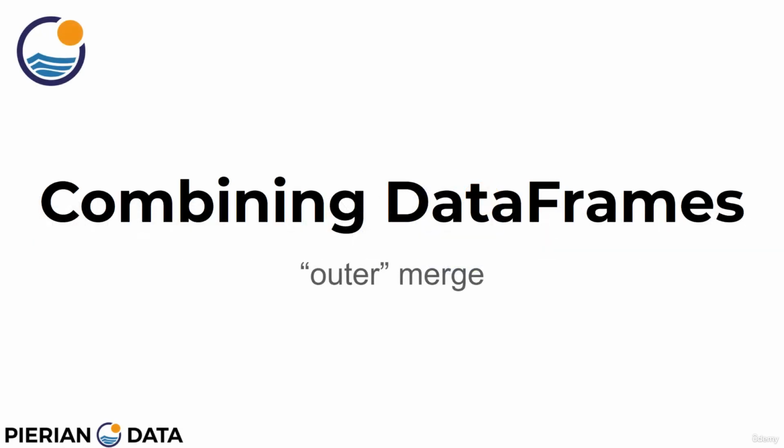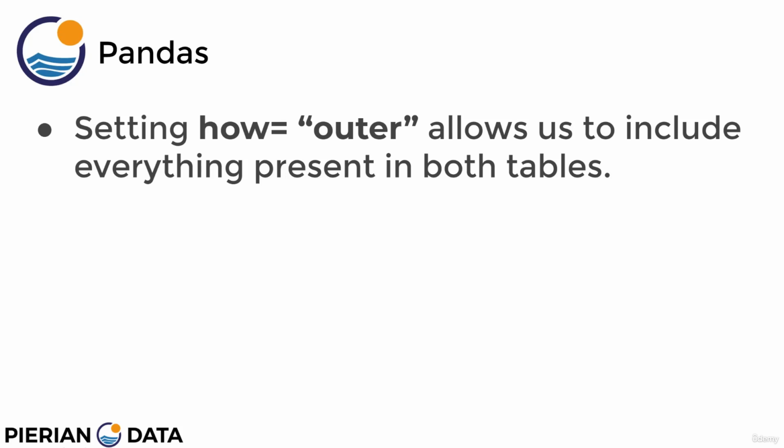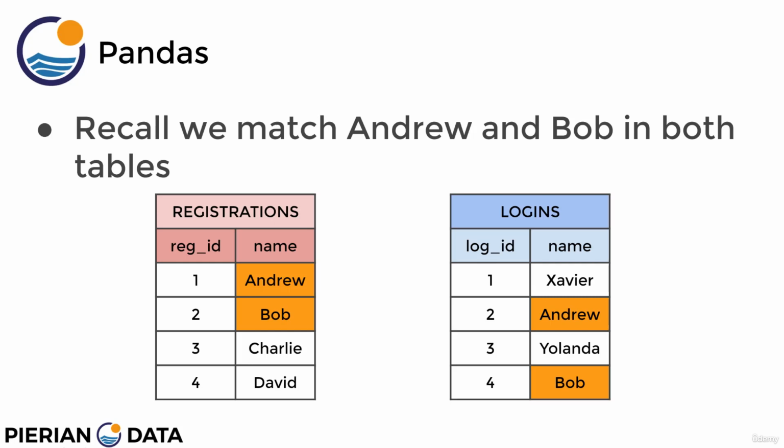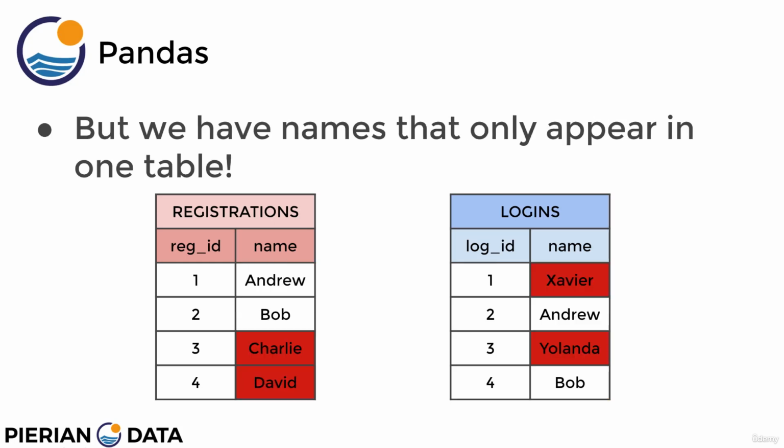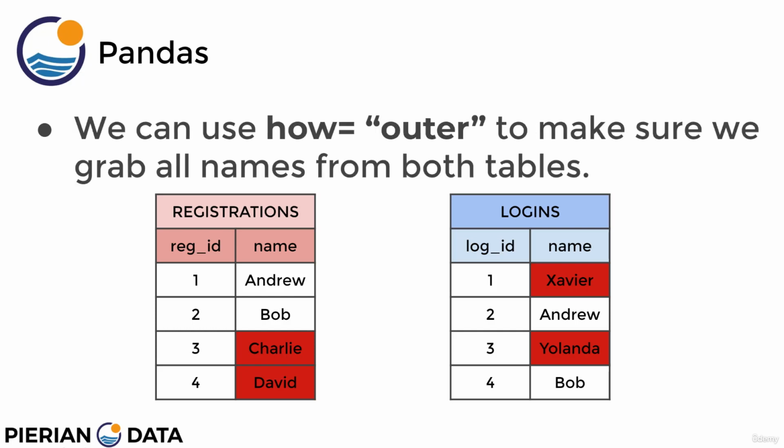Welcome back, everyone. Let's briefly discuss the outer merge option. Setting how equal to outer allows us to include everything present in both tables. Recall that we can match Andrew and Bob in both tables. However, we have names that only appear in one table, like Charlie and David and Xavier and Yolanda. We can use how equal to outer to make sure we grab all names from both tables, essentially